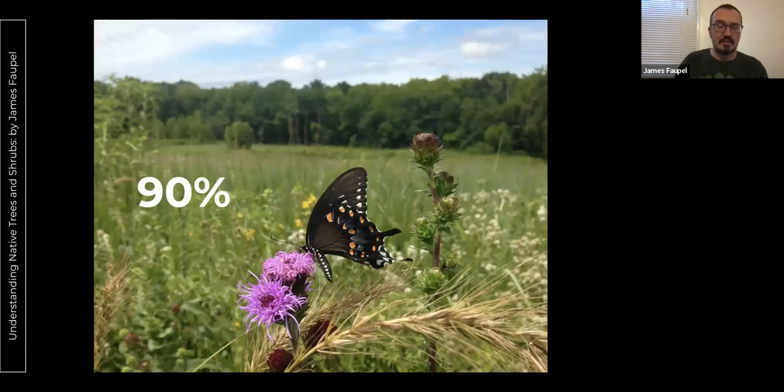And that 90% there represents how many herbivorous insects are specialists on plants. So 90% of all plant-eating insects specialize on some kind of group of plant. Another big, really common one that a lot of people know about are the monarch butterflies, which specialize on milkweeds. So if you don't have milkweeds, you won't be able to attract monarchs. But again, we're talking about woody plants today, so I'm trying to focus on